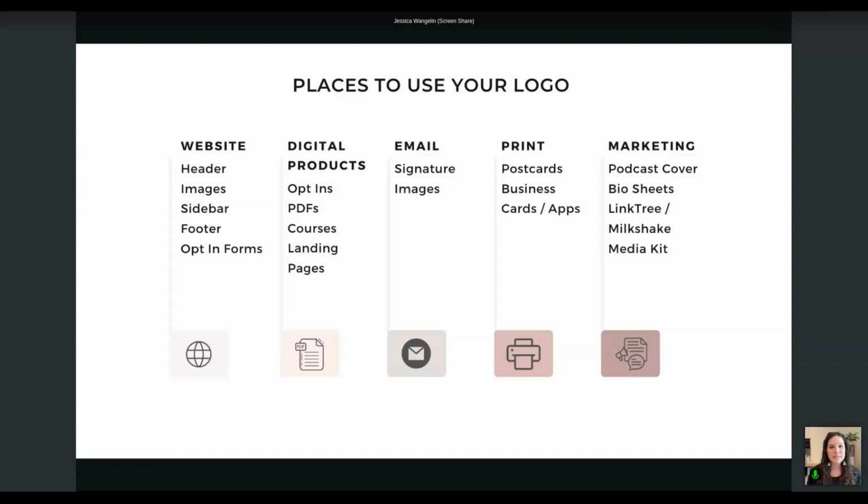Digital products. Who is in the business now of creating courses, PDFs, things like that, lead magnets for your business? You'll be surprised. Funny story. I get a lot of opt-ins that I go and subscribe to from people that do not have their business name on them, do not have a logo. I don't even know who they're from. So don't forget to include your trademark, your stamp on all of those things that you create,